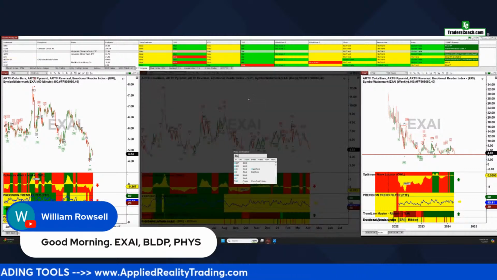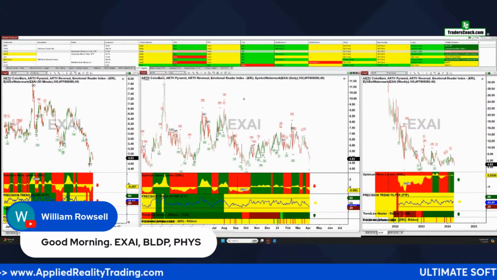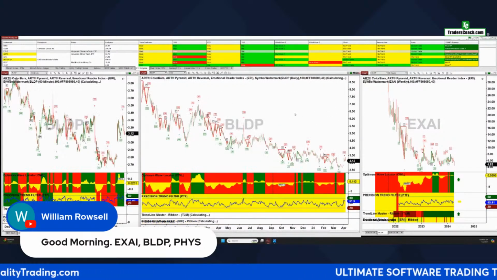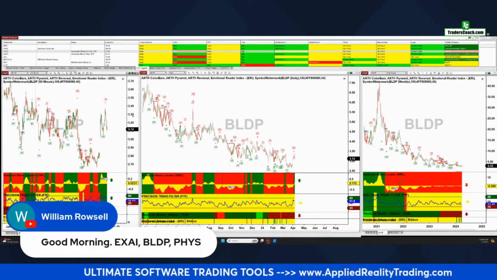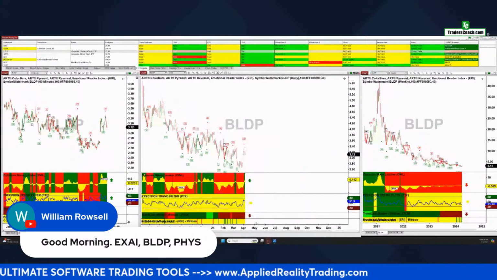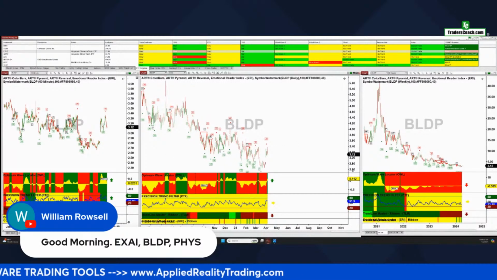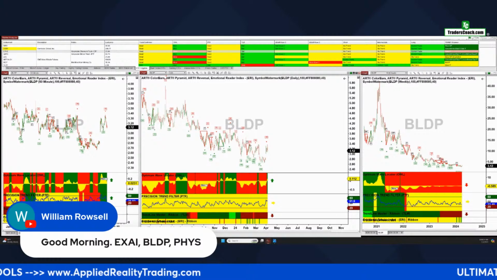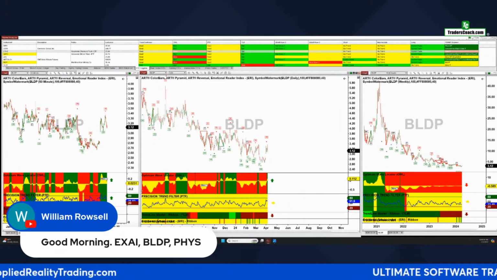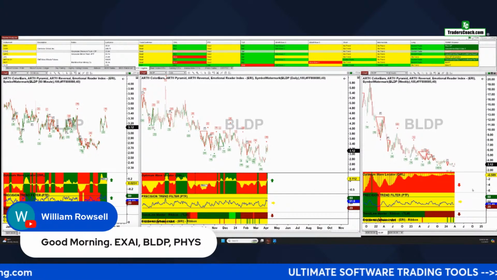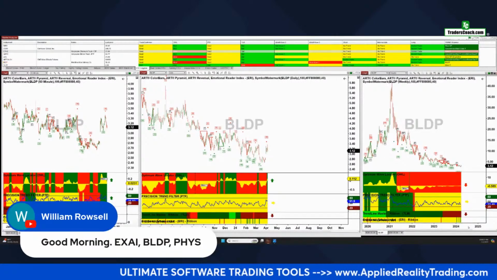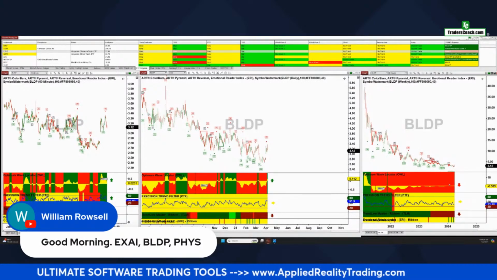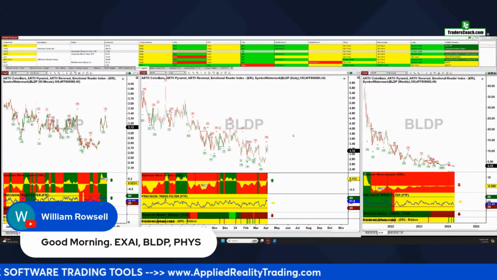Let's see BLDP. Now BLDP we looked at quite a while back, and we kind of thought it was coming off the bottom here, and then it made one more low. So we need a little bit of proof that we are in good shape here. We still technically got an active pyramid to the downside. This is good, things are turning bullish there. Still a bearish long-term weekly chart. So we're trying to catch a bottom here, but it's not quite ready yet.